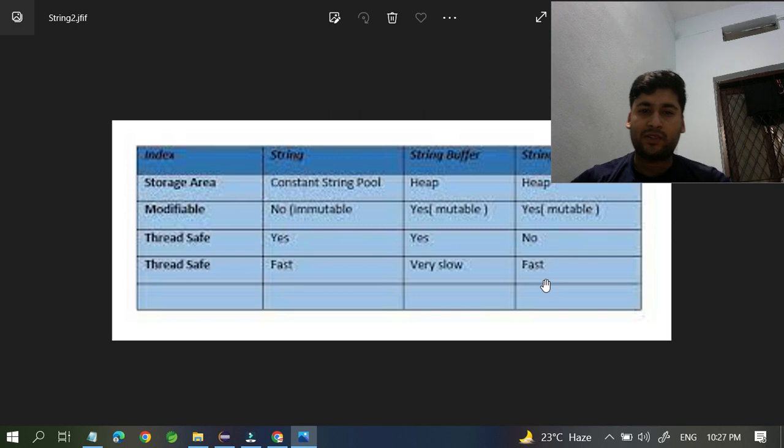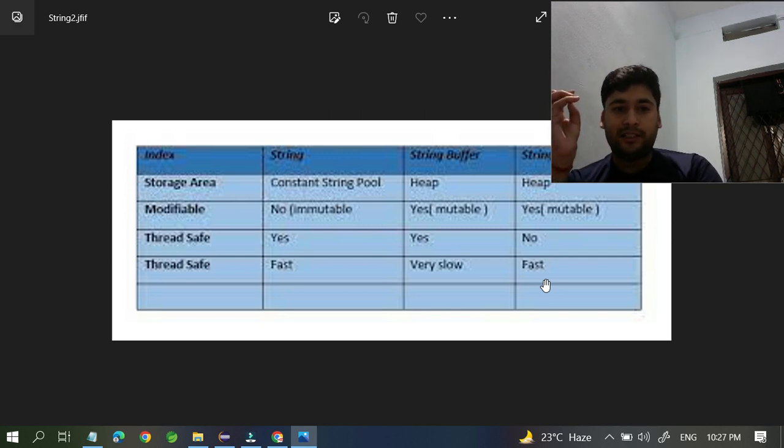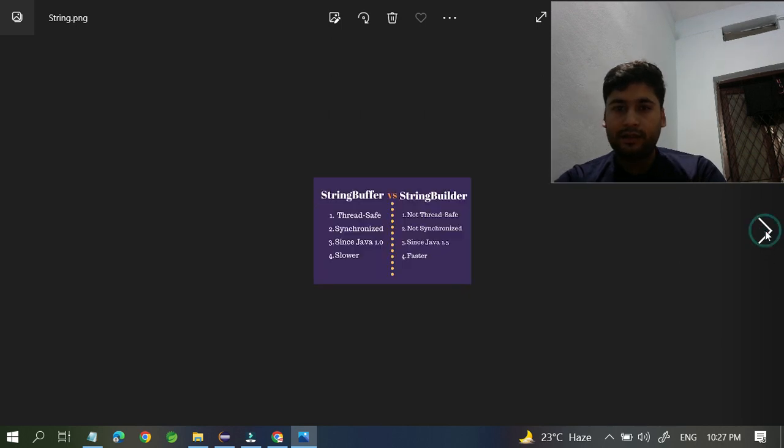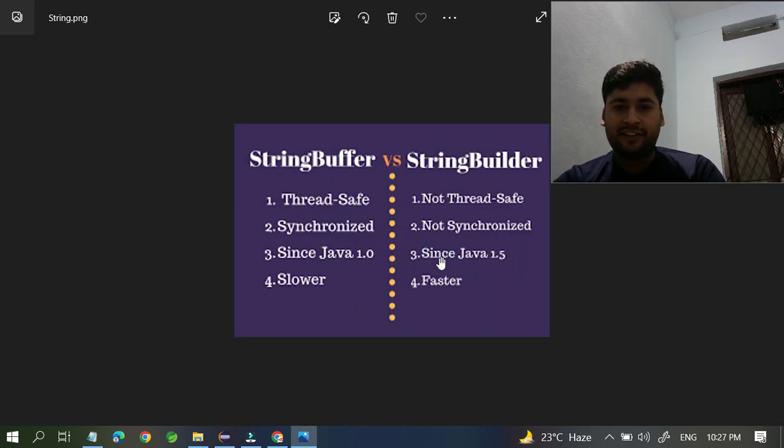Okay, I hope you understood the differences based on memory, based on modifiability, and based on threads. These are the three things you have to cover every time. Okay, now this is the final